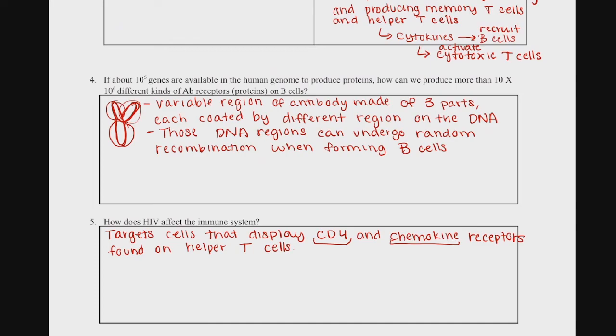And as we saw, the helper T cells really do a lot. They get the guys that are going to kill in there, they get the ones that are going to remember in there, they help recruit a bunch of cells. Without them, we don't even really have the memory B cells coming in. And so when HIV affects these helper T cells, they are destroying a lot of our natural immune responses, which